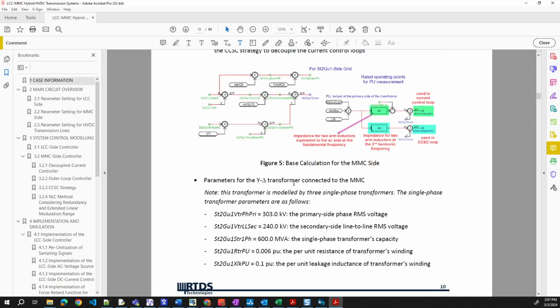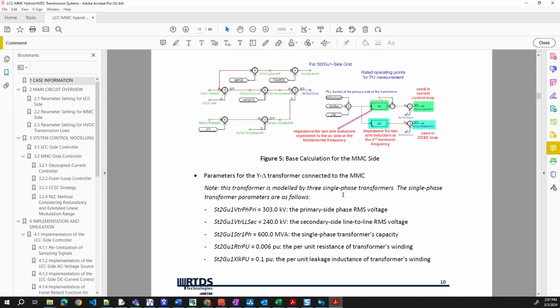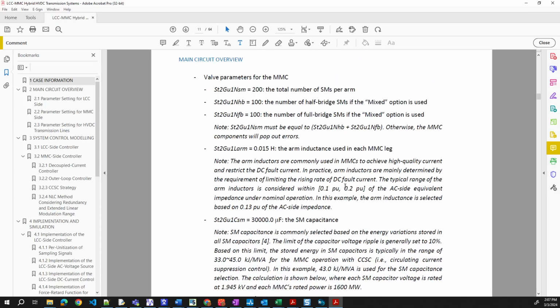Now, the parameter of this goes to here, here, here. Okay, that's the delta 1 transformer. That's all. It's very detailed. It's explained here. Module total is 200, and half and full.